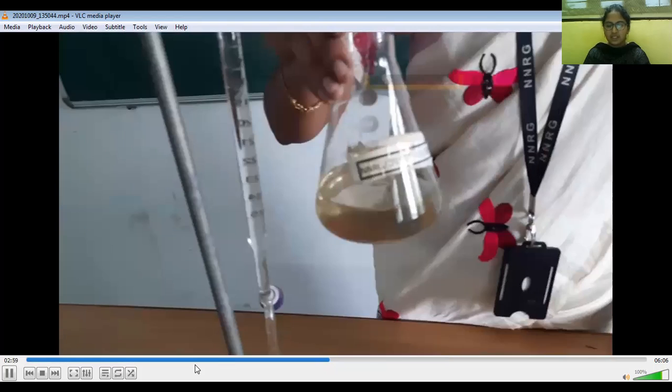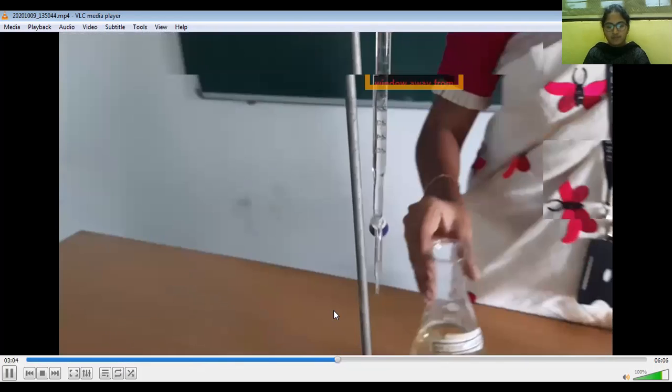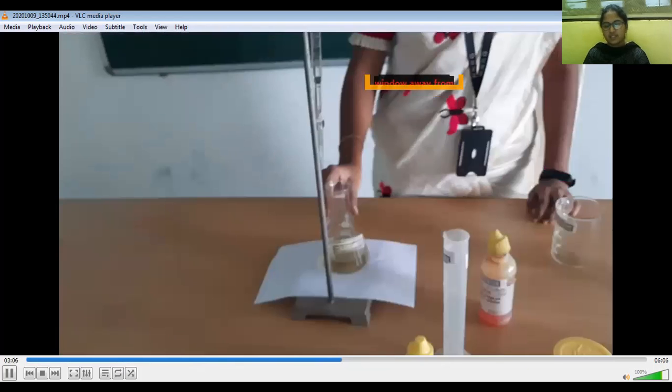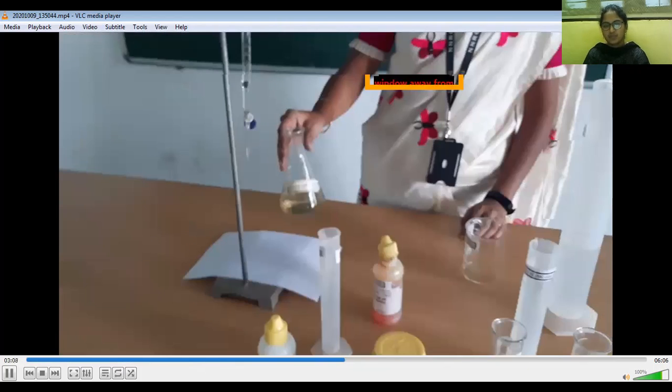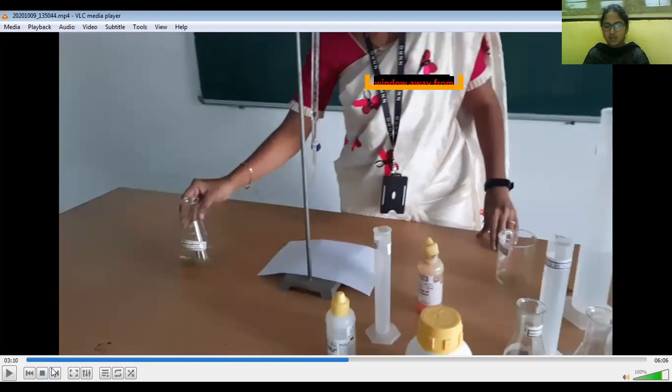Note down the initial reading. If an orangish red color is developed, then the sample shall be titrated.